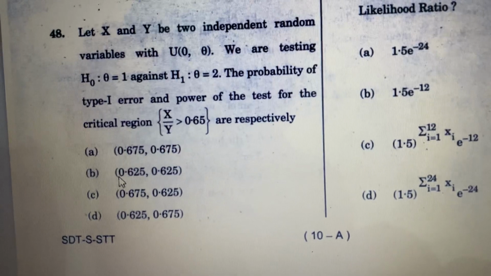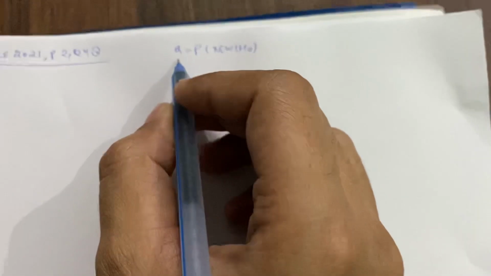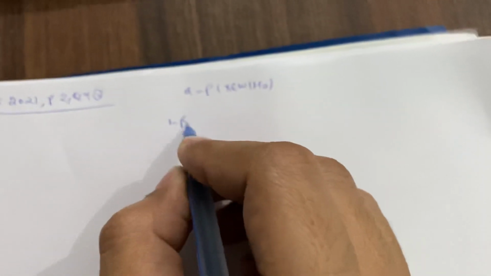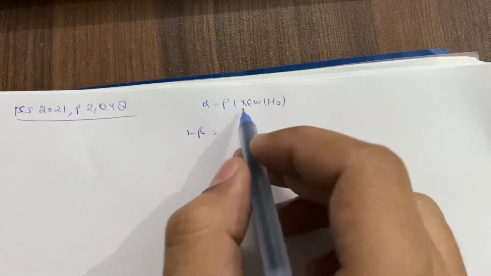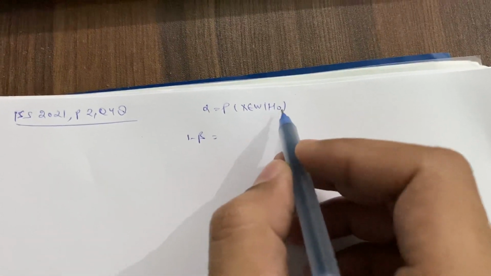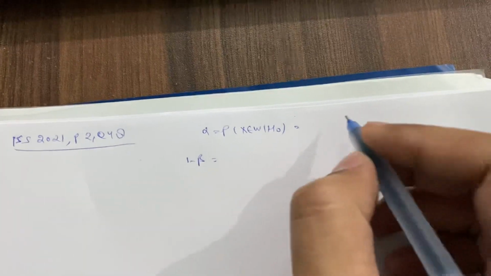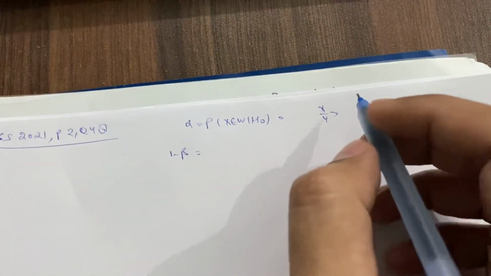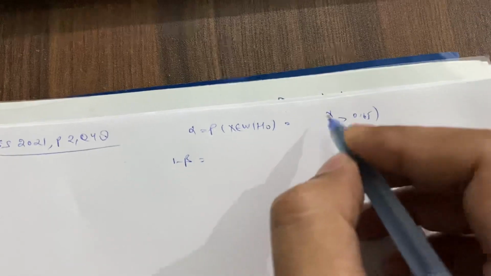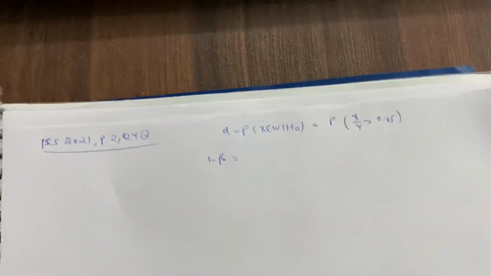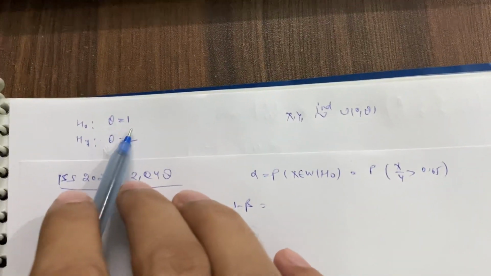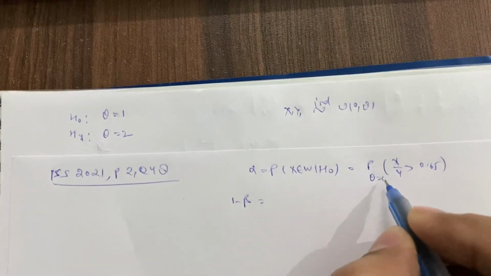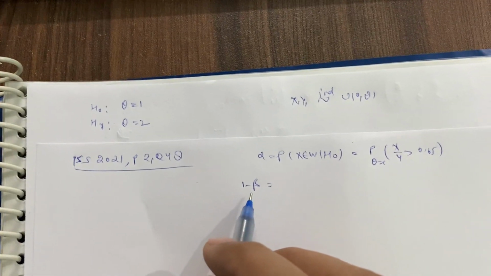are respectively. Okay, so we need to find the type 1 error and power of the test. So type 1 error is alpha and power of the test is 1 minus beta. So type 1 error is the probability that X belongs to the rejection region under H0. So the rejection region is given to be X/Y > 0.65 under H0. Under H0, θ = 1, and similarly the power of the